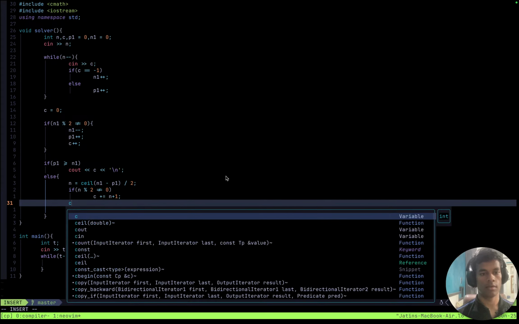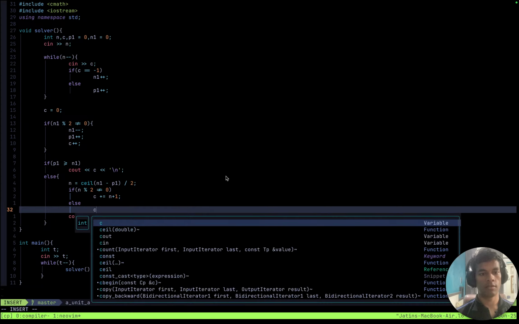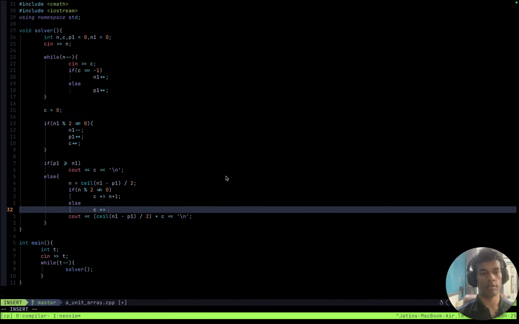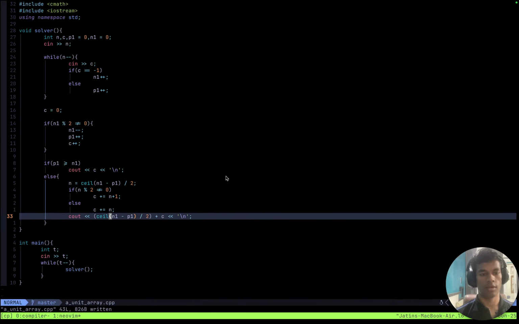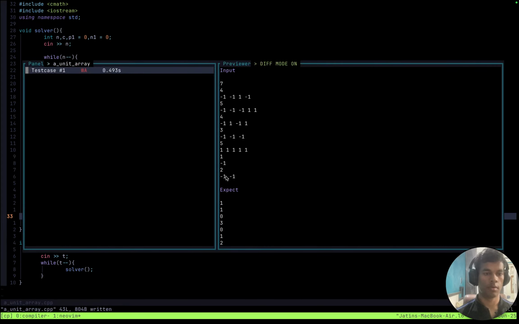Otherwise, c plus equals n. Just add n. Let's see if this works, and that is also wrong answer in the fourth case, which is 2, 3, 4,